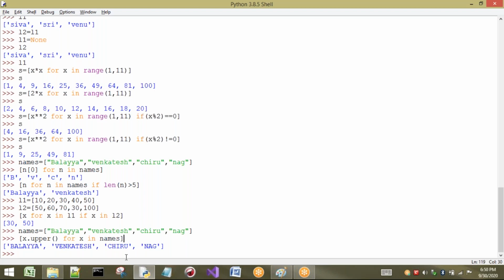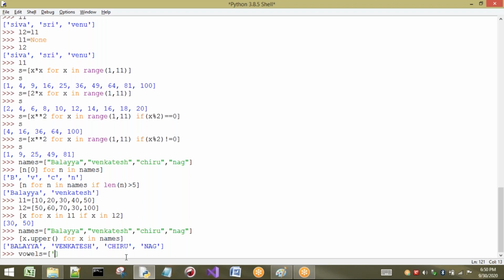Okay, right. Now let us take, I want to find the number of vowels in the given string, for example. So first, what are vowels? Vowels are A, E, I, O, U. It may be in uppercase or lowercase.